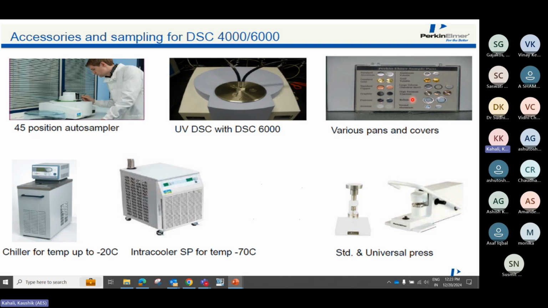And then this is the chiller and intracooler. The chiller will go up to minus 20 degrees Celsius maximum. That also depends upon the mixture of coolant which you are using, because if you are using normal water in a chiller, it can go down maximum to 15 degrees, not less than that. If it is a 50-50 combination of water and ethylene glycol, then it can come down to 0. And if it is a 70-30 ethylene glycol and water, then it can come to minus 20. But